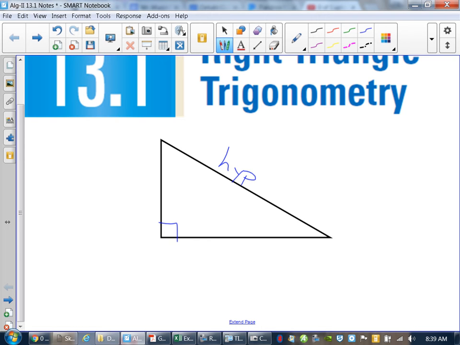Now, what happens here is the legs of a right triangle, it doesn't really matter which one's which. They're just a leg. What's more important is when you place an angle. Did you guys use theta last year? Yes. Okay, I'm going to use angle theta. I'm going to start using theta, okay? Now, theta stands for an angle, okay? Now, remember, angles always look at their sides opposite,